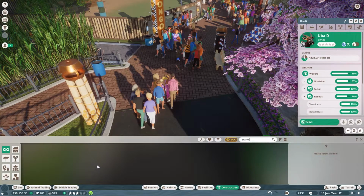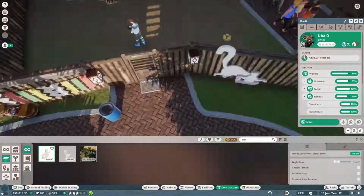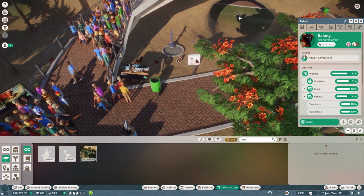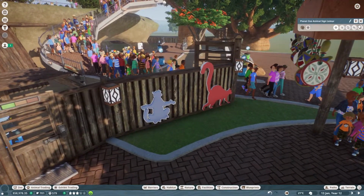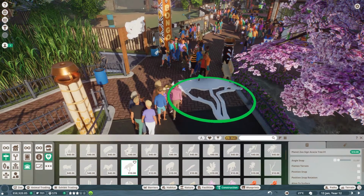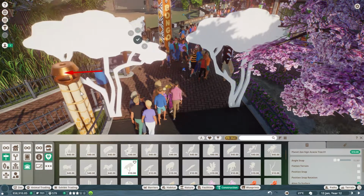And now I start with the signs. This part I really like. Here we just add these lemur signs that welcome the people to their habitat, and of course we will add a sign with their habitat name. And other than that, the staff sign that I used before was a pre-made blueprint that I downloaded. Here is my favorite